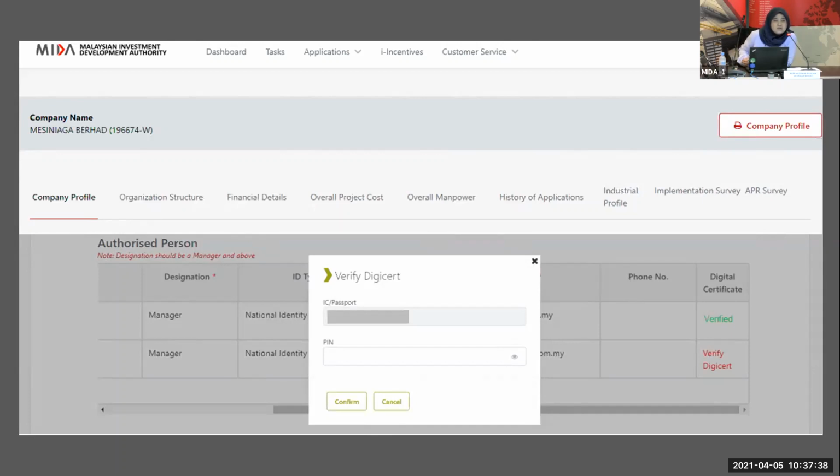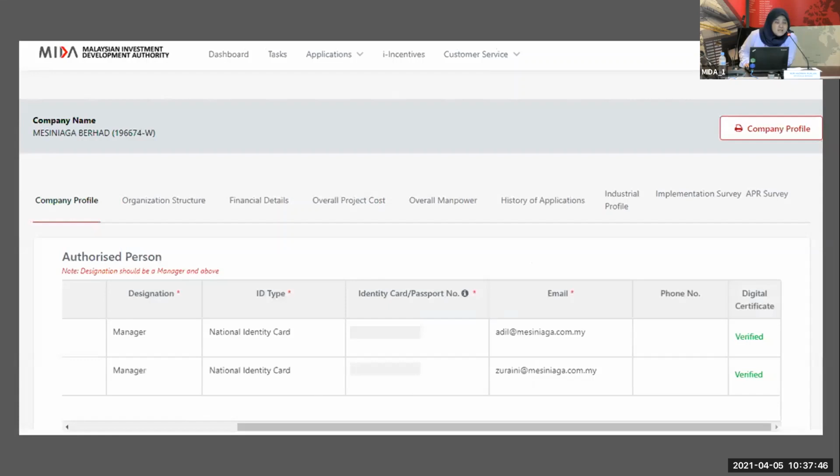So we will send your information to DigiCert to verify. If there's no issue with your digital certificate, valid, verified, active, not expired, then you will see your status updated to verified.